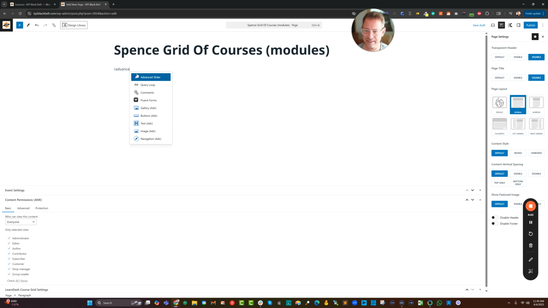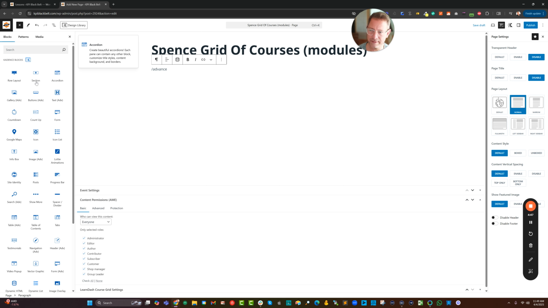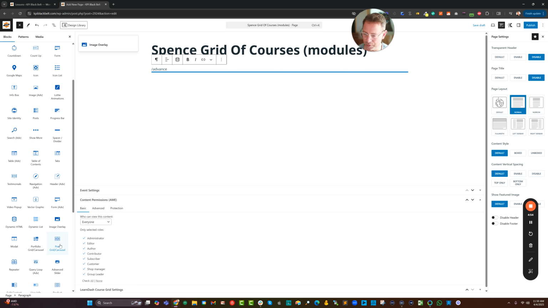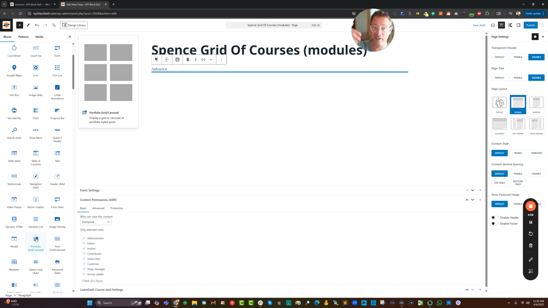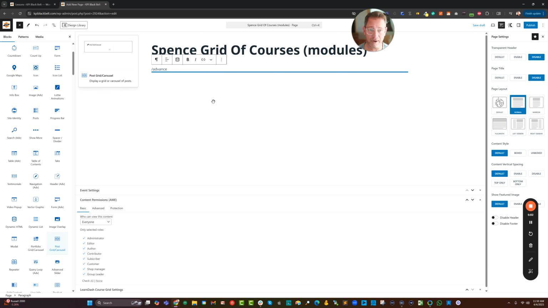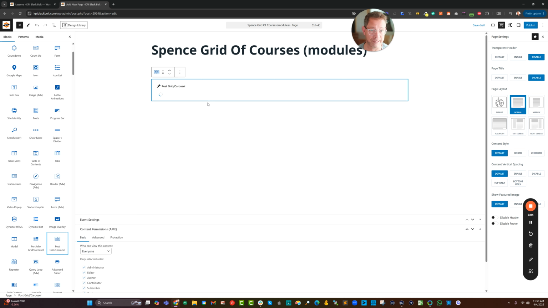If we type advanced, it doesn't show up. I'm going to go in here instead because I forgot what they call it. There's posts, there is post grid carousel, and portfolio. So if we wanted something really visual, we could do this with a visual. I think we're going to choose post grid carousel because Bernie wants a grid and that has the more modern